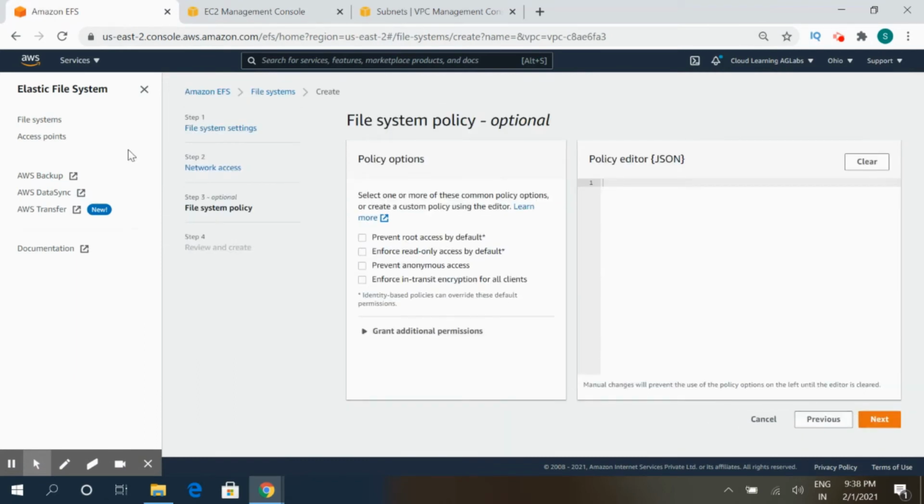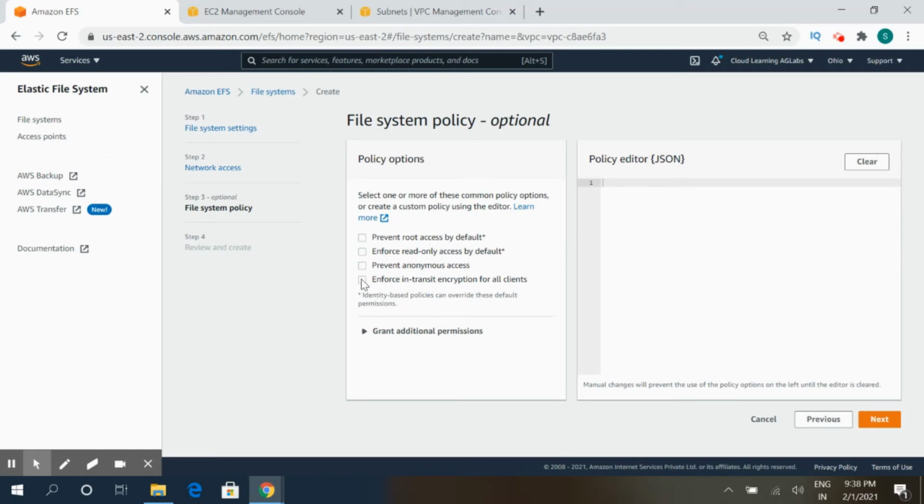Next is the new feature which has been provided by AWS in 2021, the file system policies. We can restrict by providing a policy, like if you want only the read access to all the servers, or we want some encryption, all these parameters can be provided.